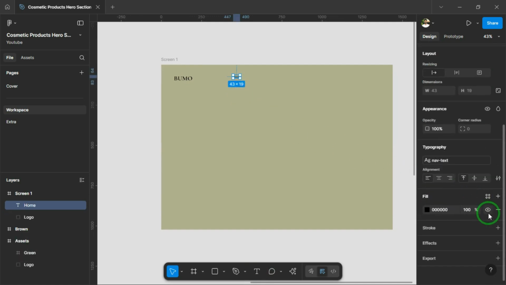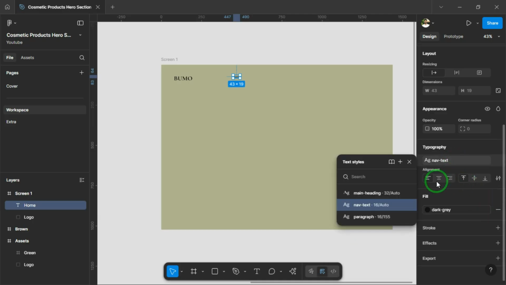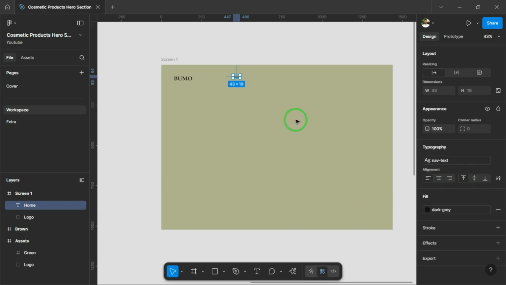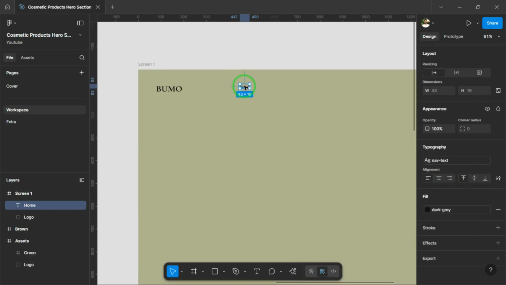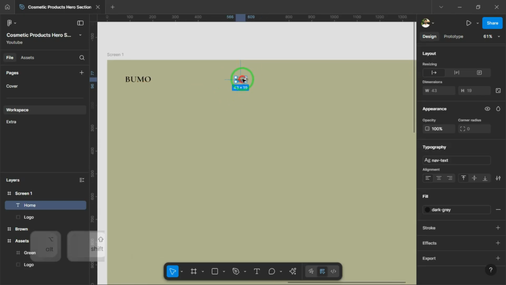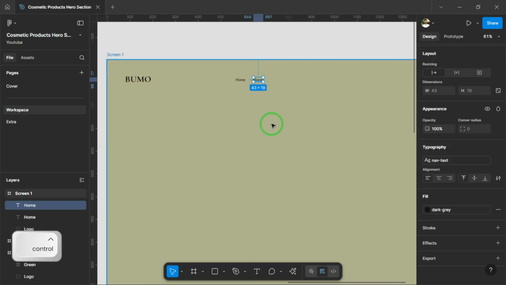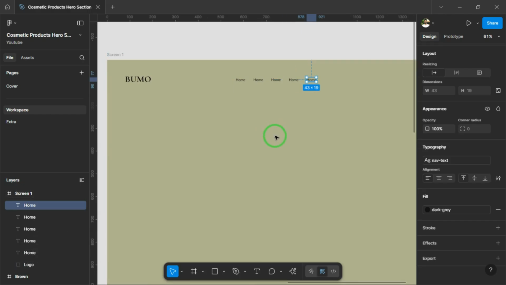So now I'm adding the 5 navigation links: Home, About, Shop, Collection, and Contact. These will sit neatly inside our navigation bar, spaced evenly for a clean and balanced layout. I'll also mark the Home link as the active tab, just to visually highlight which page the user is currently